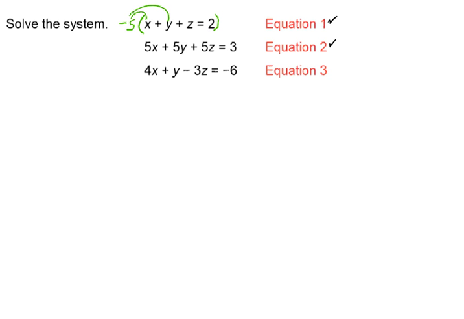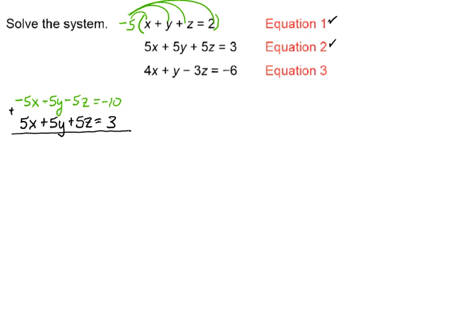So that's going to have to go to all four pieces, right? So that's going to give me a -5x minus 5y minus 5z equals -10. And because I didn't do anything different to the second equation, I can just write it down. Now, sometimes it's not always that simple, and you'll have to actually multiply something to both equations. When that happens, you would multiply it and then write it down, just like we did to that first equation. All right, so now I have both of my equations written down,